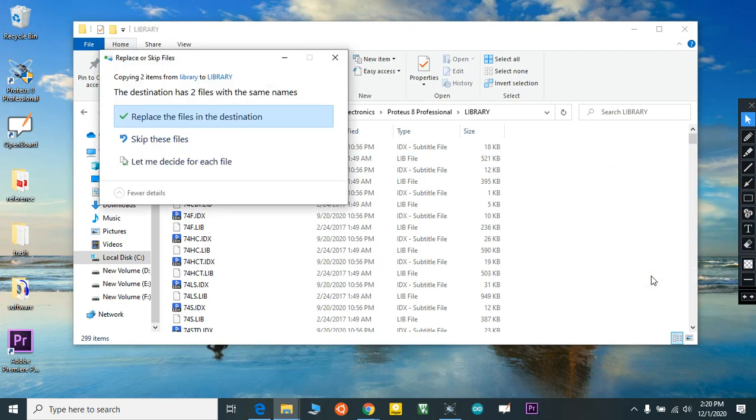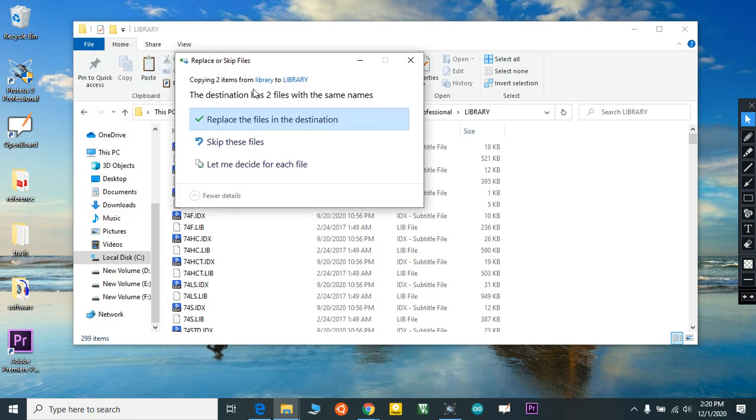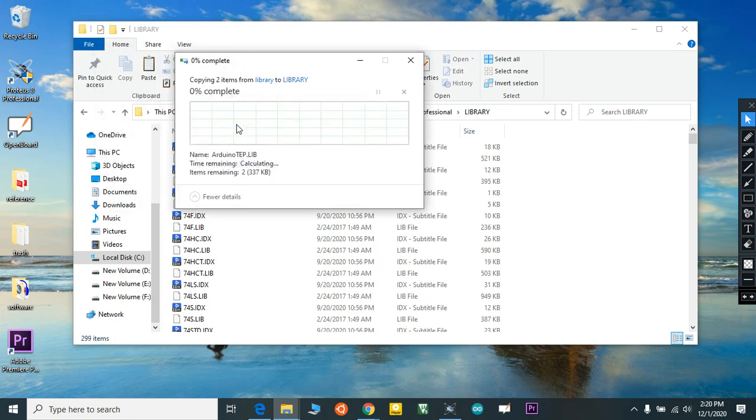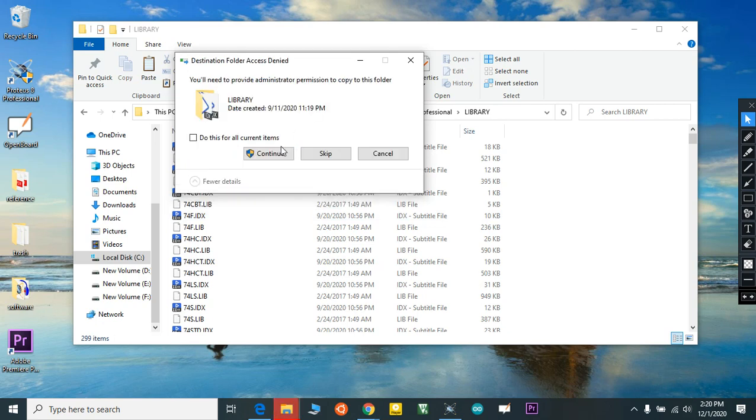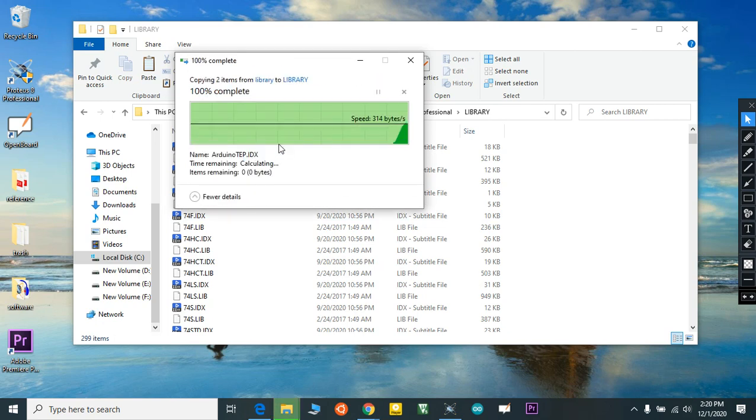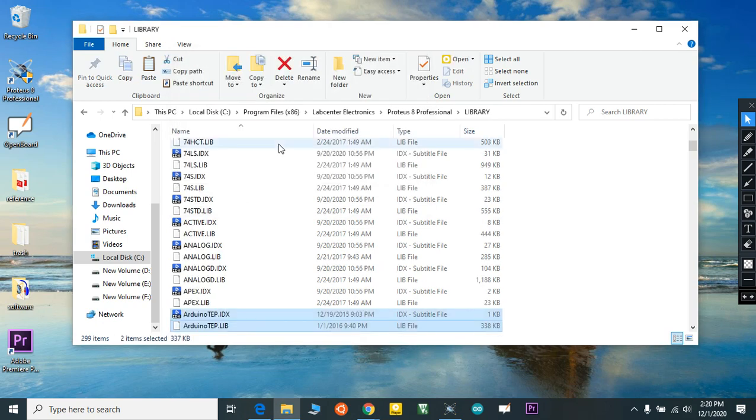Paste. You can see the destination files also exist here. It's asking me to replace or not. If you do it the first time, it will not be there. So you need to follow this step: how to add the Proteus Arduino library into Proteus.